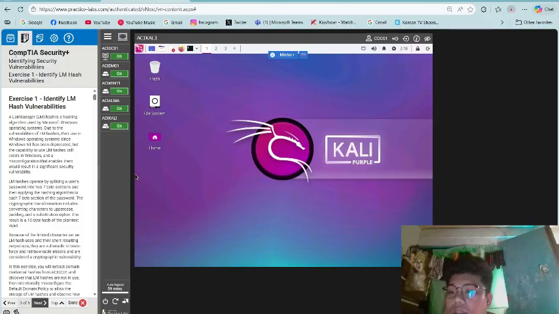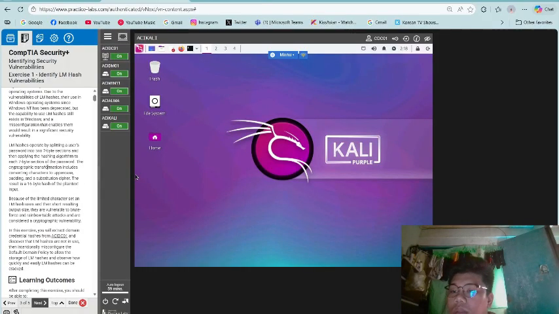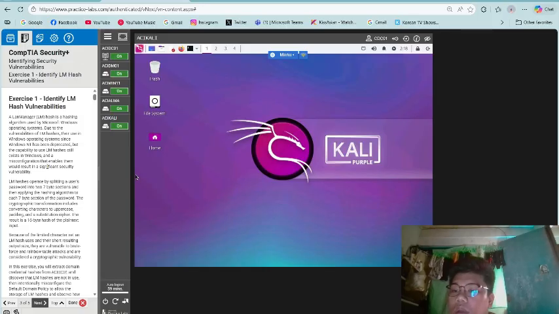So exercise 1, identify LM hash vulnerabilities. A LAN Manager or LM hash is a hashing algorithm used by Microsoft Windows operating systems. Due to this vulnerability of LM hashes, their use in Windows operating systems since Windows NT has been deprecated, but the capability to use LM hashes still exists in Windows,